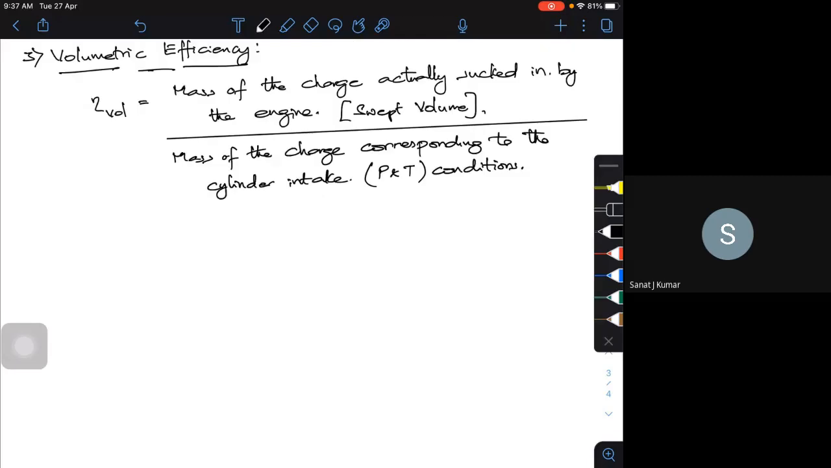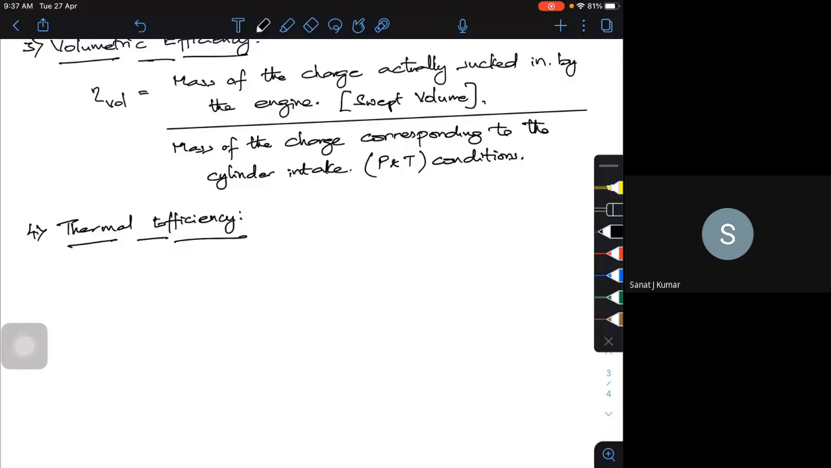Next thing, thermal efficiency of the engine. What is it actually? It is the ratio of your brake power, or the power produced, to the heat supplied. Usually this is based on brake power, so it is also called brake thermal efficiency. It is nothing but the ratio